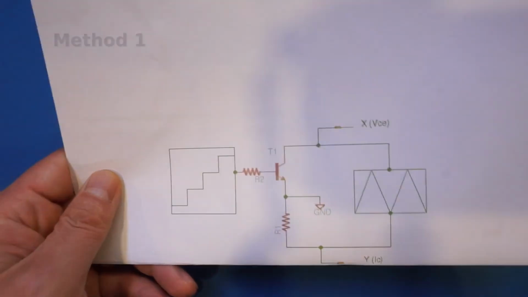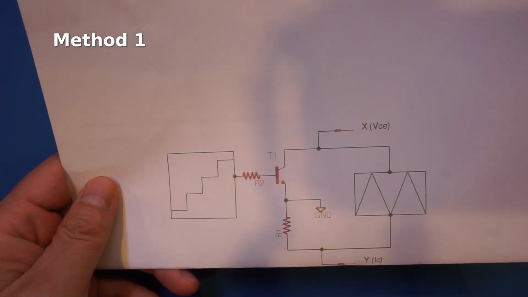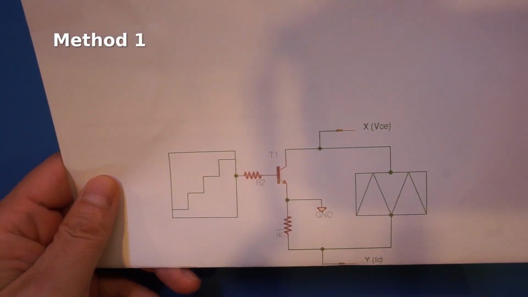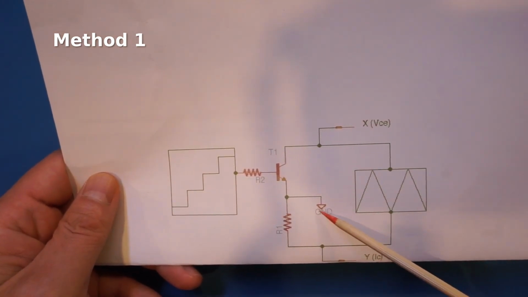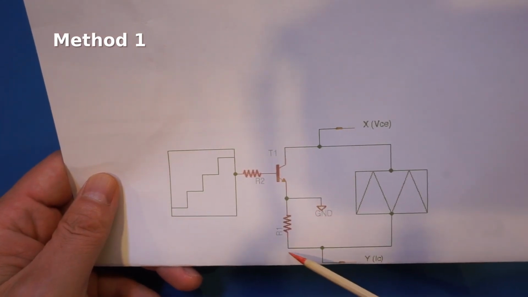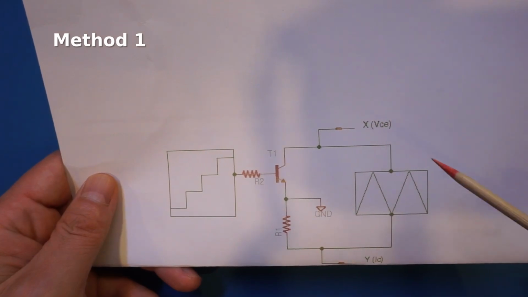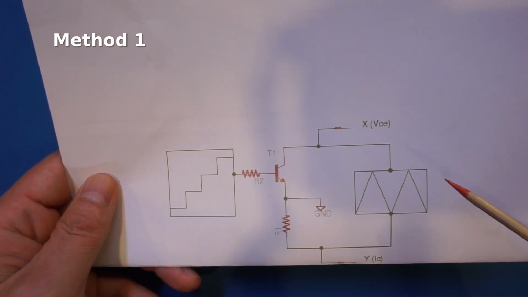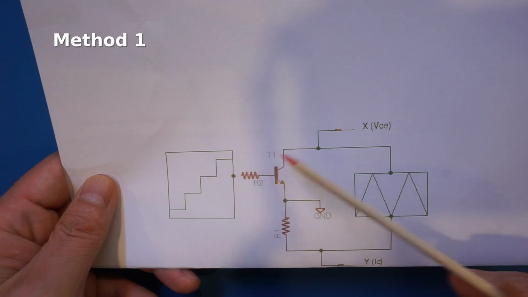Here is a simplified schematic showing you how a curve tracer is typically done. If you take a look, you will see that the choice of the ground is a little bit unusual here. The ground reference is placed at the emitter, not at the bottom of the R1 here. This is because the different channels in an oscilloscope share a common ground. Therefore, we have to compromise the ground point in order to measure both the VCE and the current flowing through